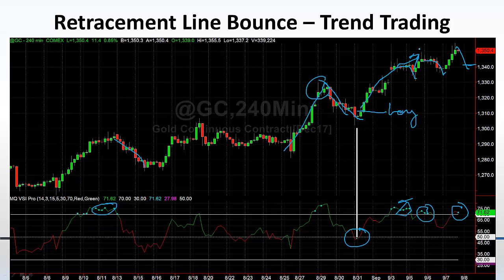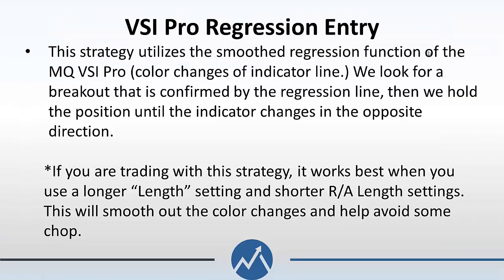Now again, one of the best ways of using this is for helping to keep us out of bad trades and helping to increase the probabilities of when a trade triggers, if we're getting into a retracement trade, that the trend is actually going to follow through enough for us to make money on it. And if we have the indicator confirming, we should see very rapid follow through, and it should start pulling in our direction very quickly.